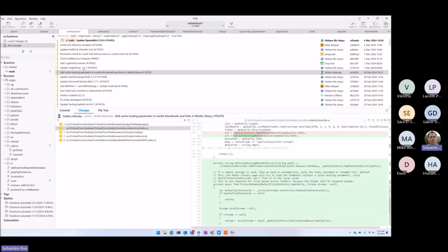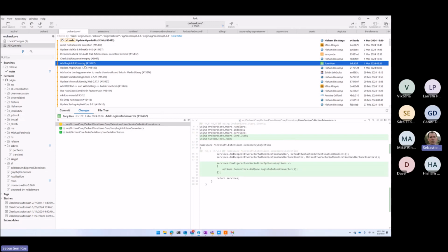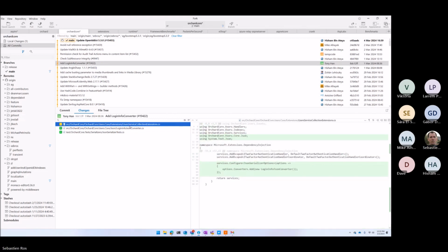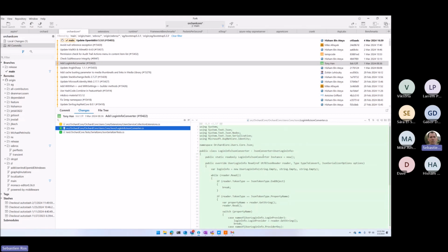Okay, we'll see the PR later. Update AngleSharp. LoginInfoConverter. Oh yeah. It's a test. Wow. User core and configure JSON serializer options. Add a new converter, LoginInfoJsonConverter for the type UserLoginInfo. The idea is that this converter really knows how to read and write